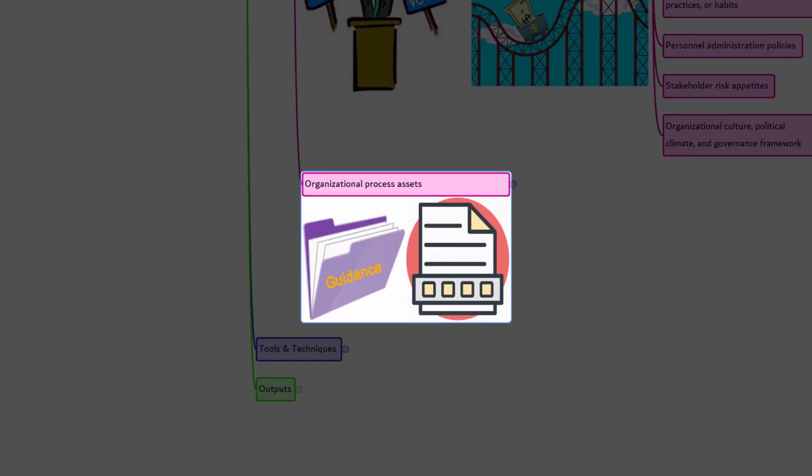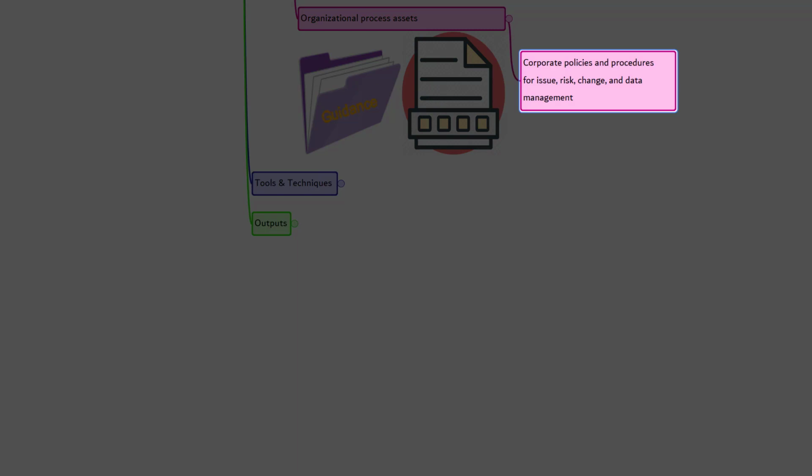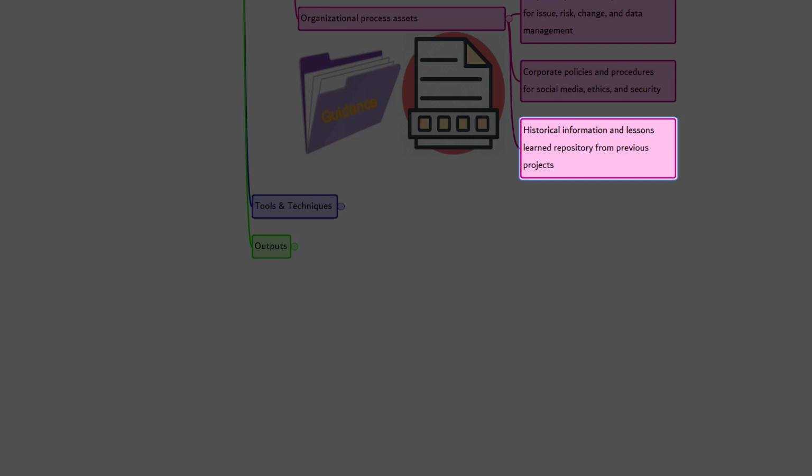The fifth and the final input is organizational process assets. Corporate policies and procedures for issue, risk, change, and data management. Corporate policies and procedures for social media, ethics, and security. Historical information from previous projects, including the lessons learned repository, organizational communication requirements, and standardized guidelines for development, exchange, storage, and retrieval of information are some of the organizational process assets that are used